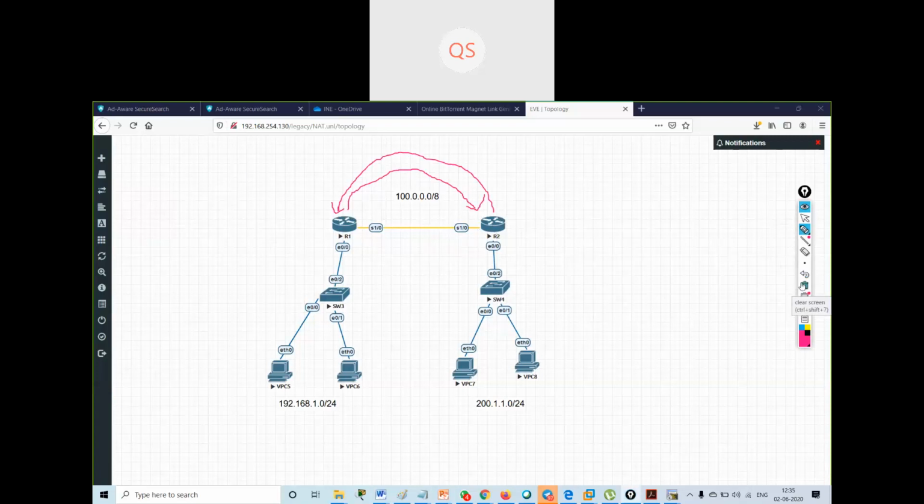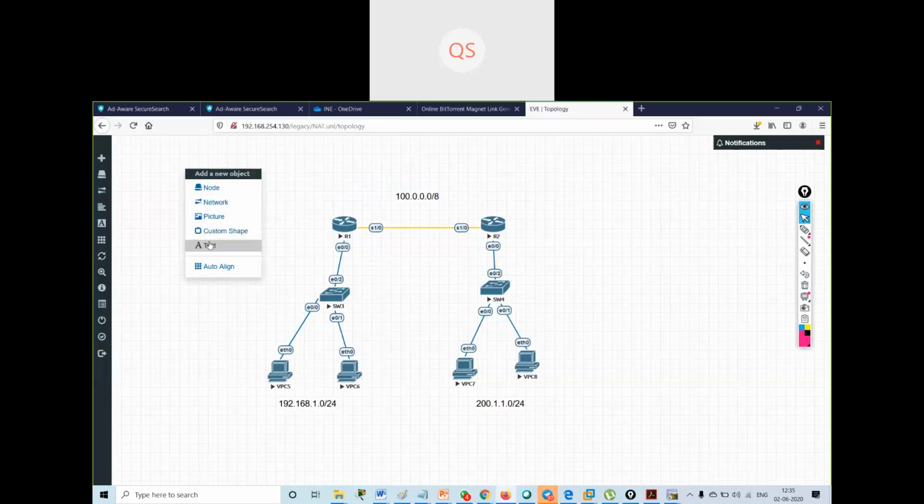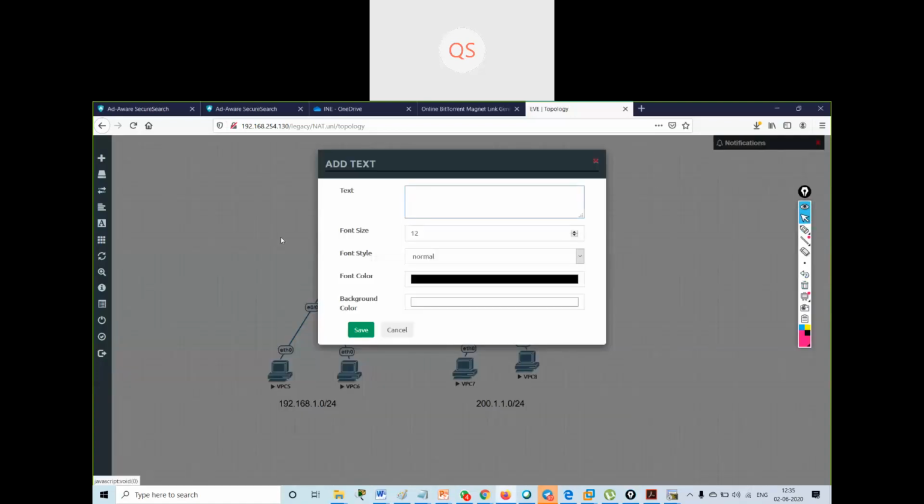Now I will be using the 50 dot network, 50.1.1.0, and the prefix length will be 24, as my public IP range, my public network, you can say.